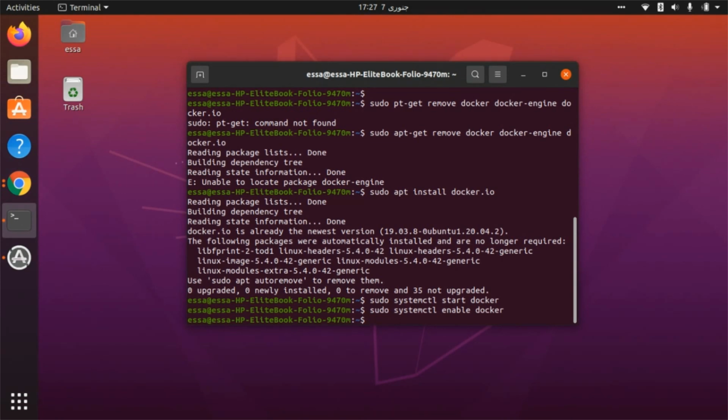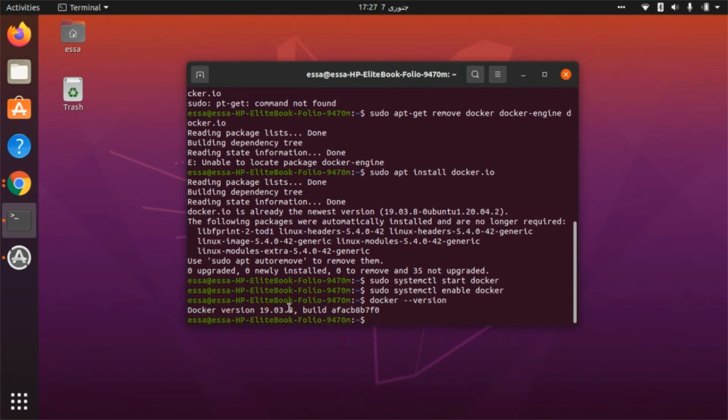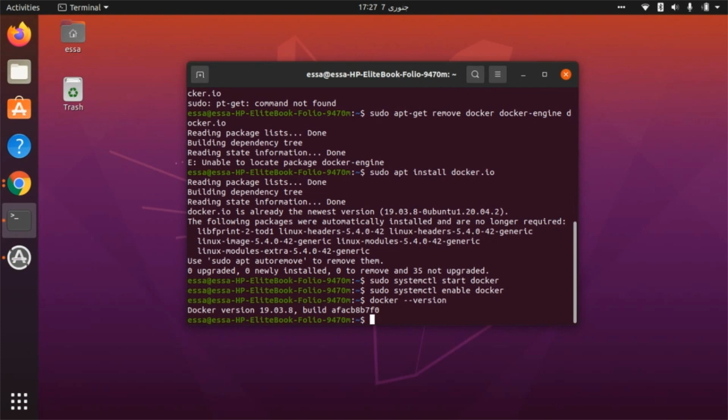For that, you can go ahead and type in the command to check the version, and that is docker --version. Yep, it's 19.03.8, and the build is this key value. And that's a simple way you can do to install Docker. But if you want to install a specific version of Docker, you can type in the following command. Say sudo apt-get